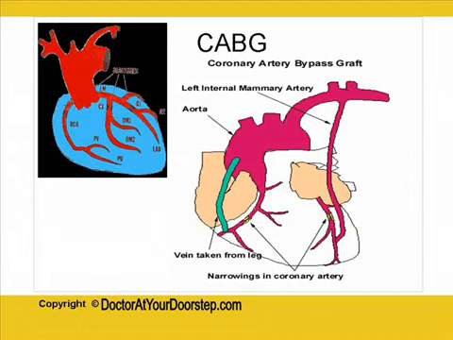Therefore a vein or an artery is taken from somewhere else in the body, and it is placed here in such a way, as you can see in the right sided diagram, the green structure is the bypass, and this bypass has been placed in such a manner that it is able to provide blood to those parts of the heart which were earlier unable to get blood because of the blockage. So you will appreciate that in this operation, we do not touch the blocked arteries. Instead, we provide a new artery to provide blood.